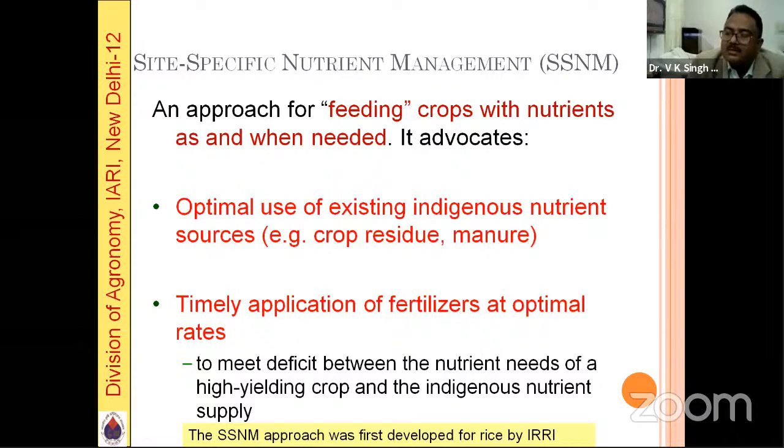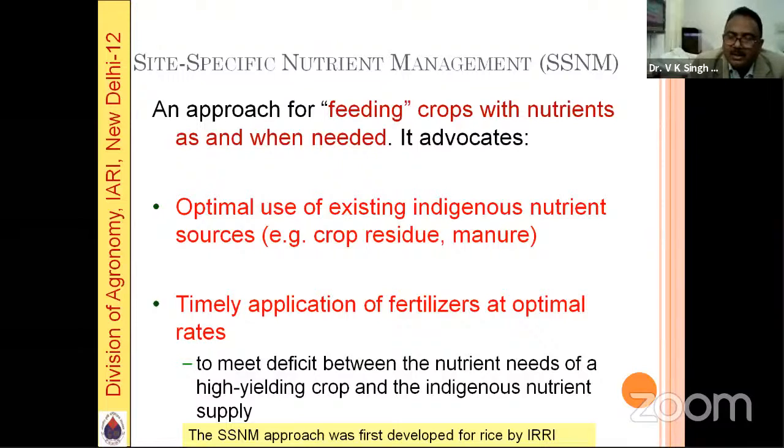This is the part of precision nutrient prescription. Many times people talk about SSNM, but they don't know what it is. It's very simple: feeding the crops with nutrients as and when needed. That means, for example,